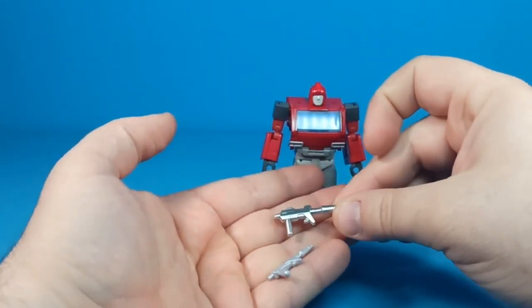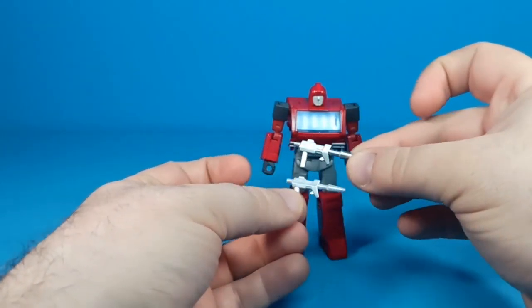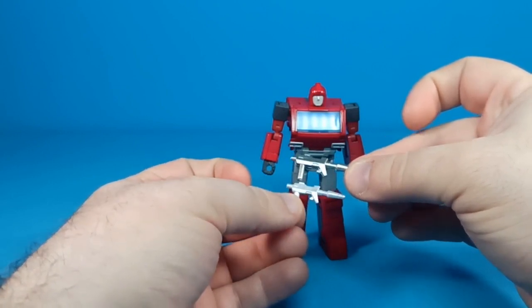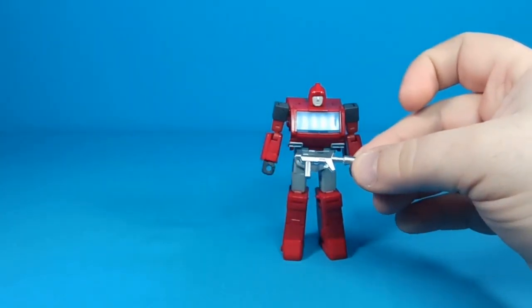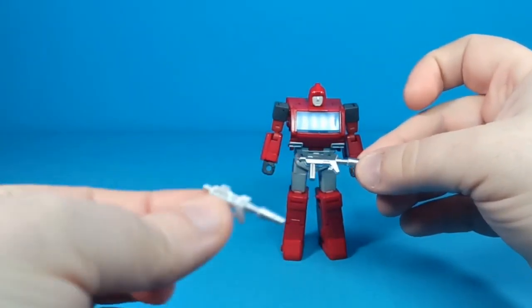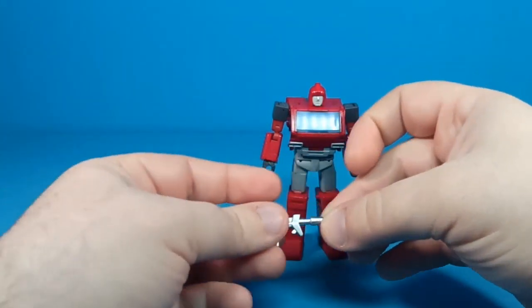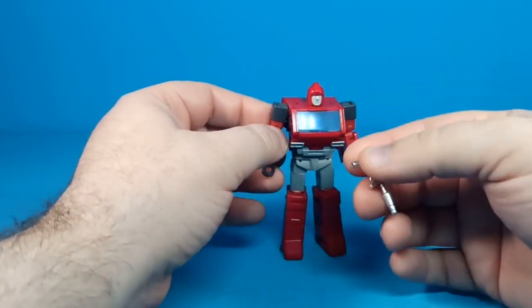And the chrome, I don't know if that's going to show up on camera, but the chrome is a shinier, less pearlescent chrome. Also, these old ones glow under a black light. These ones don't. By glow, I mean they fluoresce. They reflect more